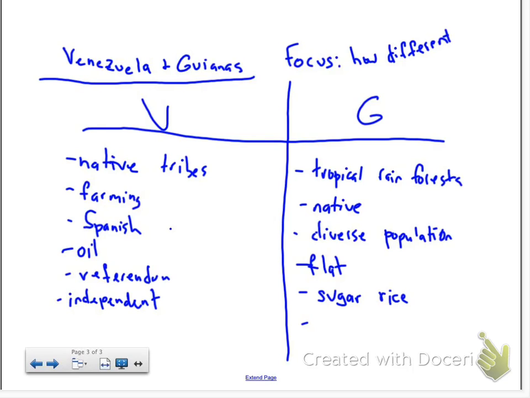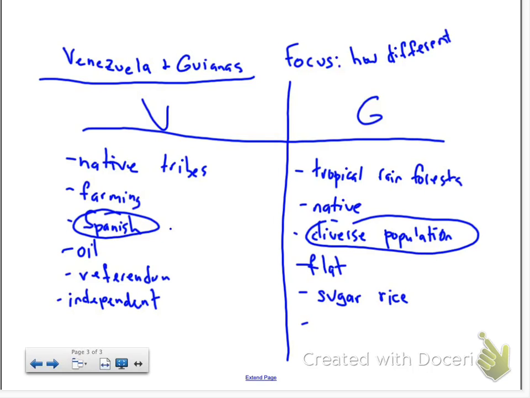Josie? Different rulers. I think there's different rulers. Not necessarily. Word that a little differently. Dominic? They speak all those different languages. Yeah, you've got Spanish people living in Venezuela, and you've got more of a diverse population living in the Guianas. That would be your major difference. And then when you're pointing that major difference out, you want to point out why that's a difference and why